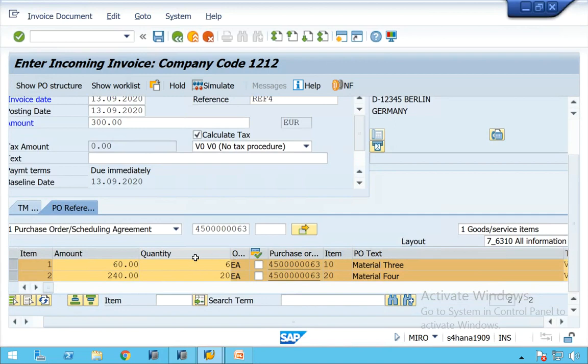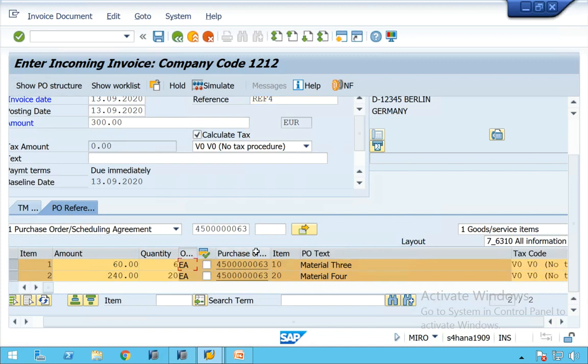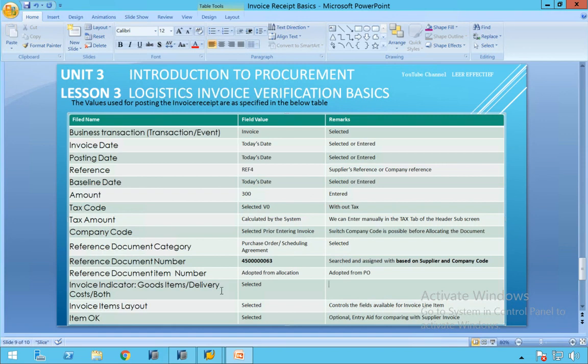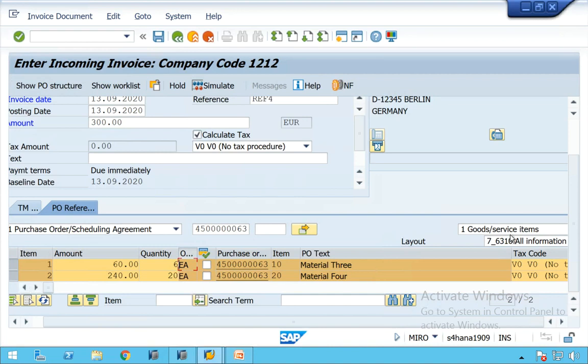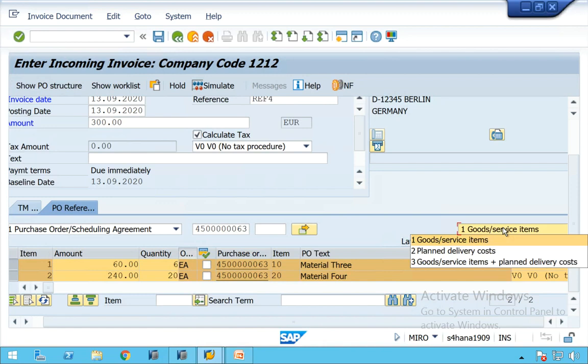So what we'll do, we'll simply drag this. Can you see here? Item type and information. What is item type? Suppose the PO line item has planned delivery cost. At the time of purchase order itself, you can plan the delivery cost.